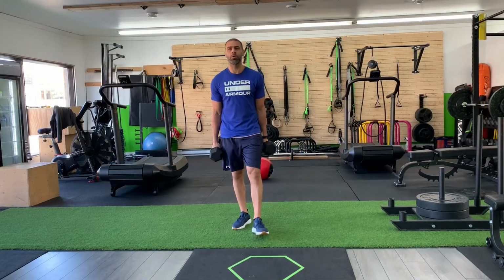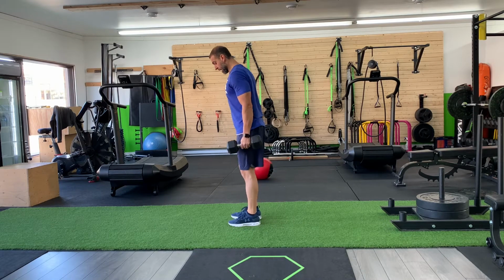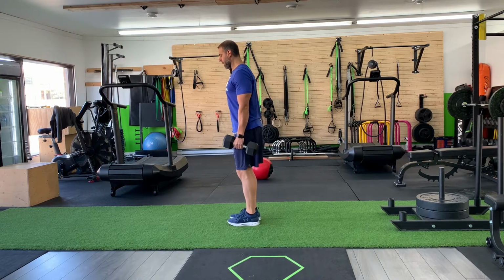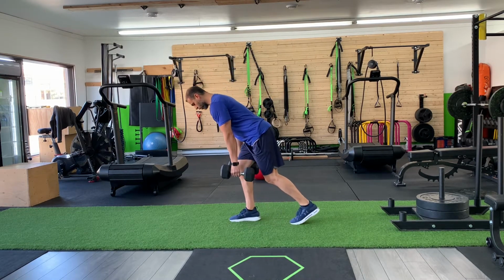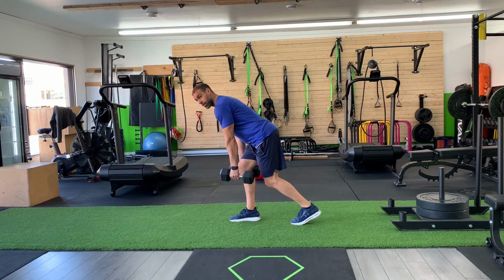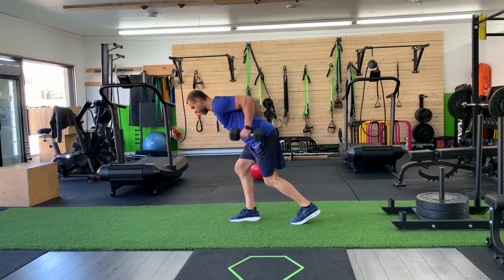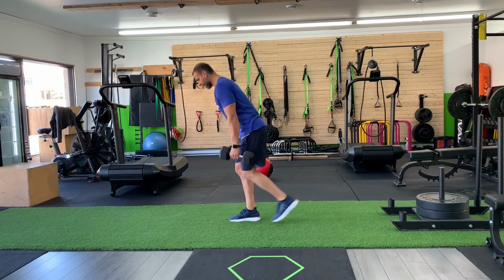For station number 2, we have the hip hinge, short step back into dumbbell row. So starting position, upright posture, pull your shoulders back. From here, hip hinge, bring the weight knee level, remain always on the balls of your feet. From here, row, move up into a full extension, and repeat that pattern for 45 seconds on the left, followed